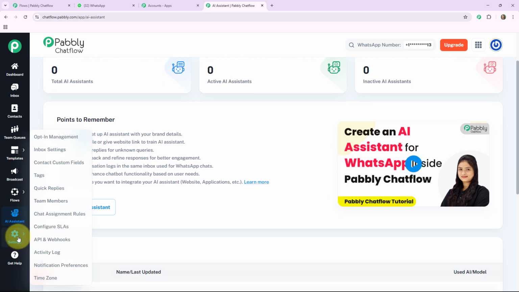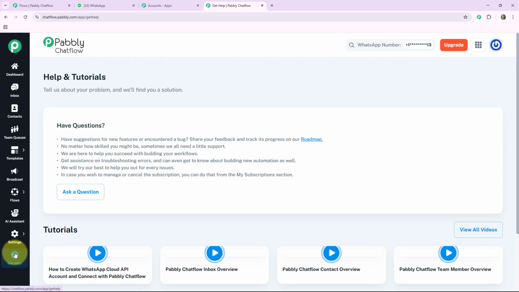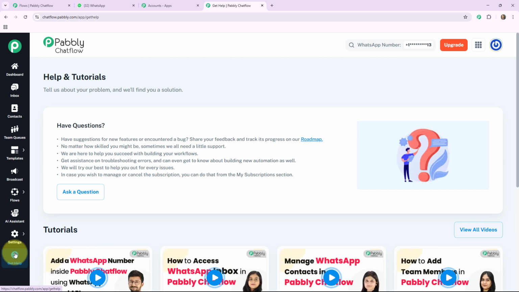The ninth one is the settings, where you can manage your accounts, team members, integration, API keys, etc. The 10th one is the get help, where you can tell us about your problem and we will find you a solution. As we are creating a WhatsApp chatbot with the help of Pabbly Chatflow builder, so I'll click